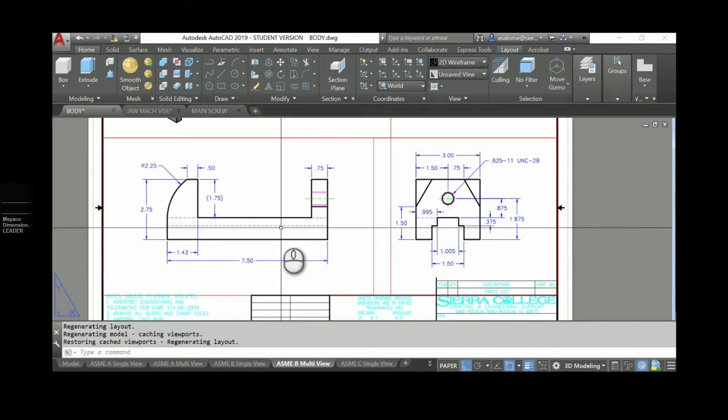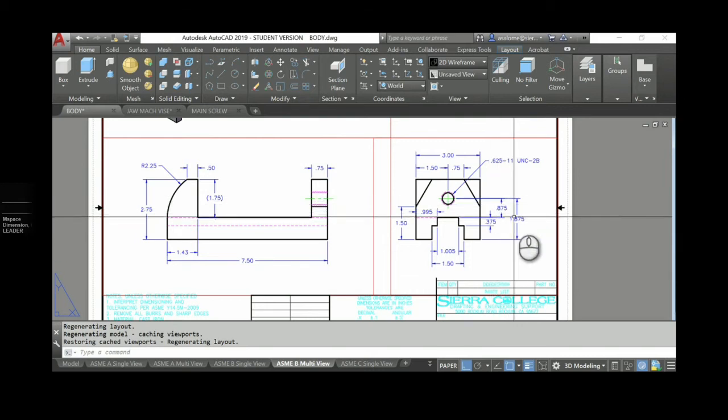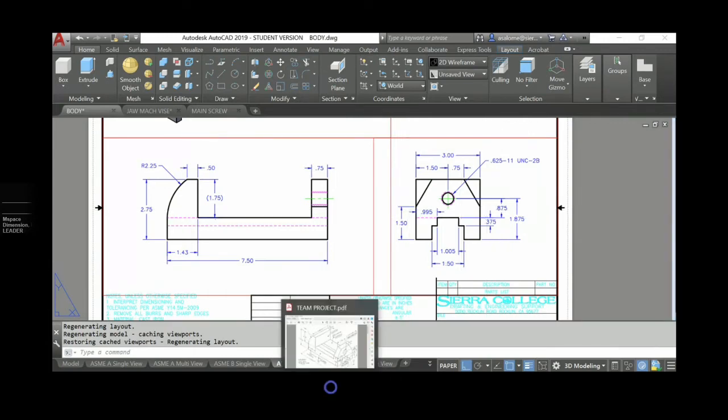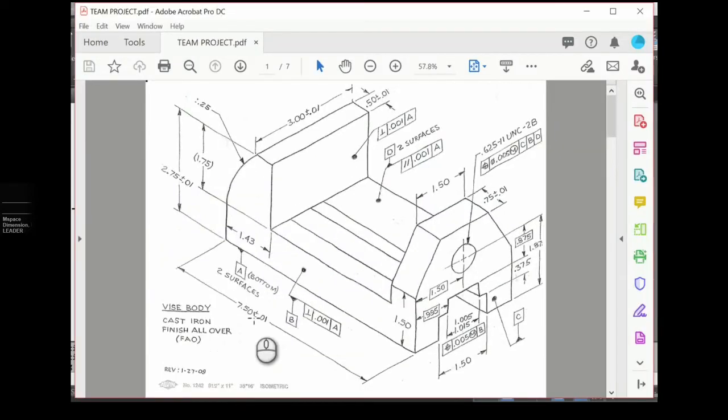Now take note that the numbers that appeared on our handout as basic dimensions, they are here. They're just not basic dimensions yet. I'll show you how to turn them into those in a moment. But before we do that, the first thing we want to do, item number one, is correctly identify the datums.